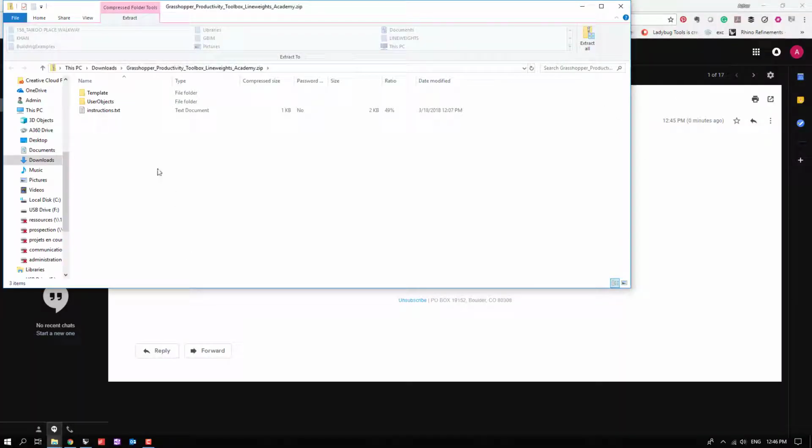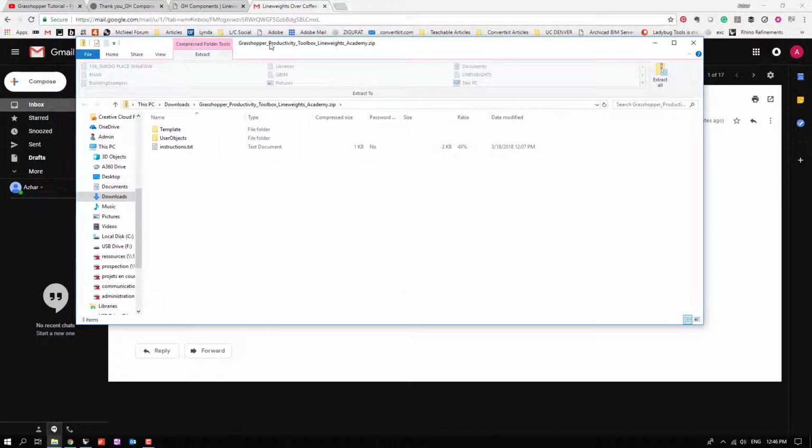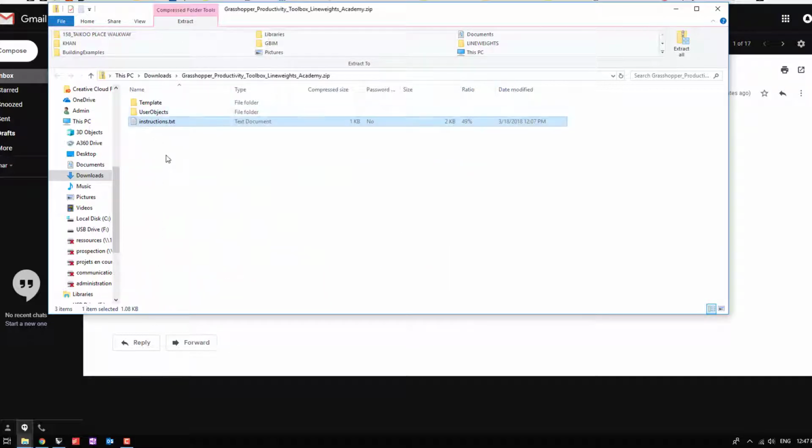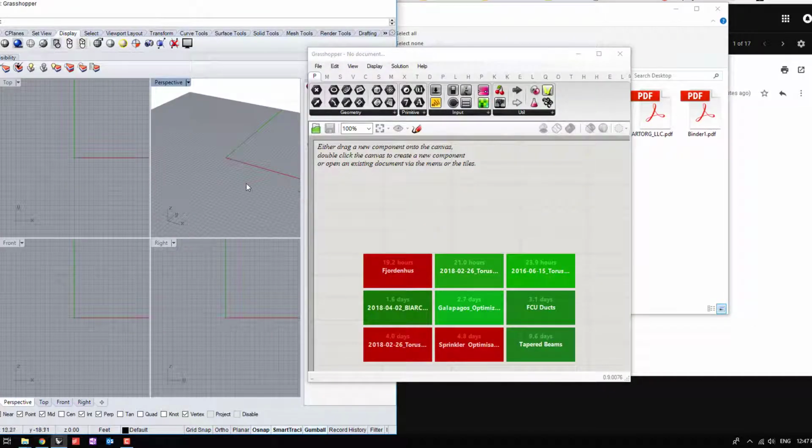And when you open the downloaded file, you should see two folders and an instructions file. So in the instructions, I tell you exactly which versions of Rhino and Grasshopper this was built for. And you could follow these instructions, but I'm going to show you over here how to do the same thing. So usually I would just take these and put these on the desktop,